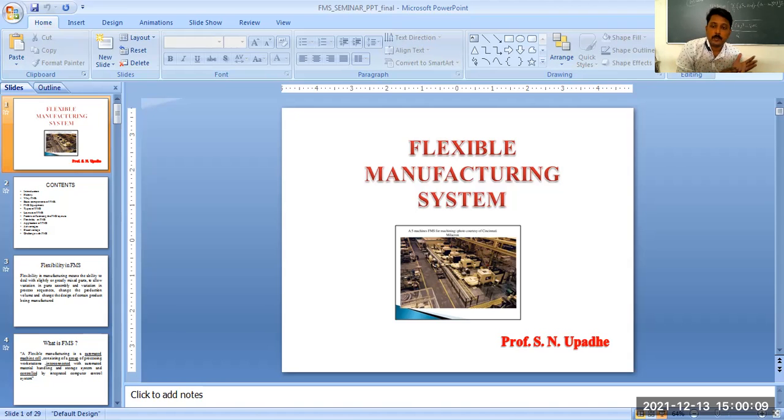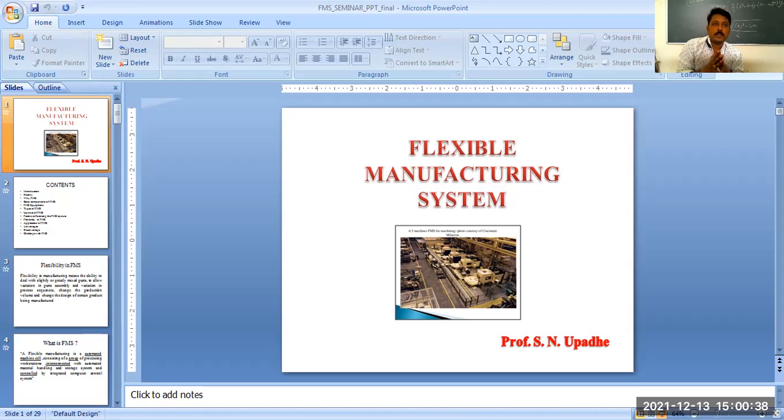And the third type of production is called job type or job shop type of production, which we generally utilize for manufacturing a special kind of product. Like we want to manufacture a ship, or say an aeroplane.